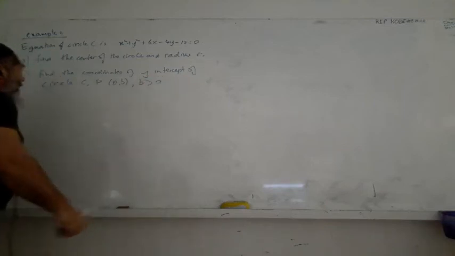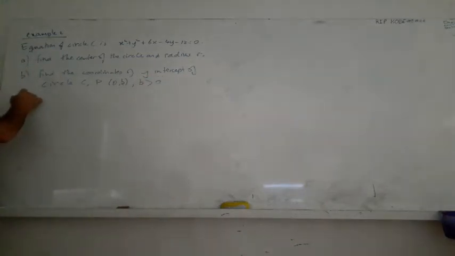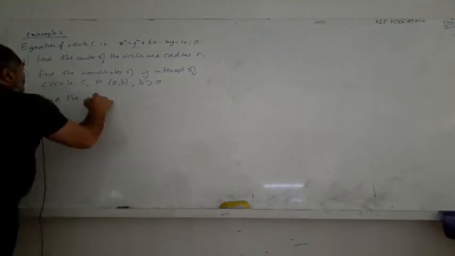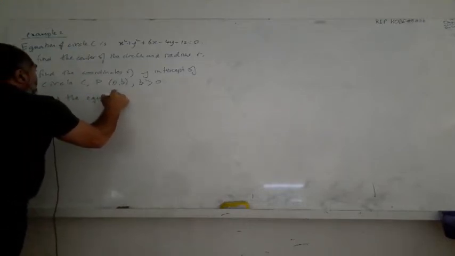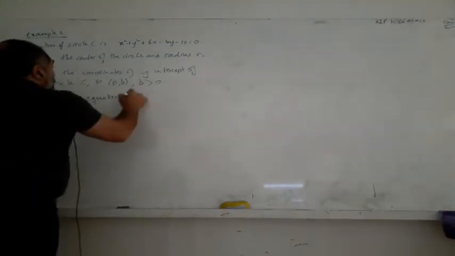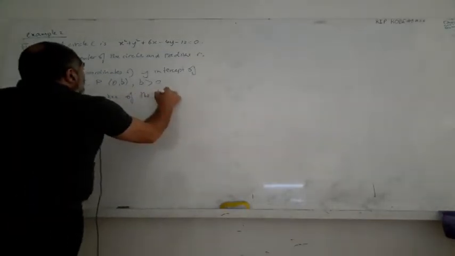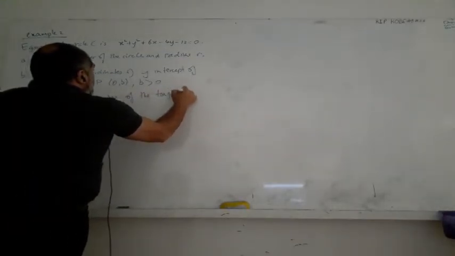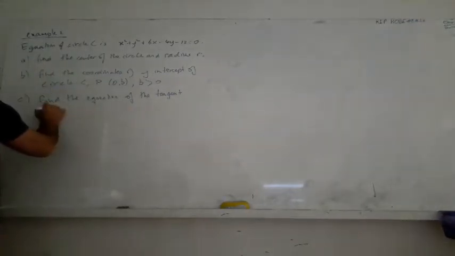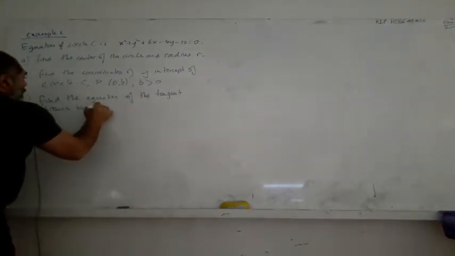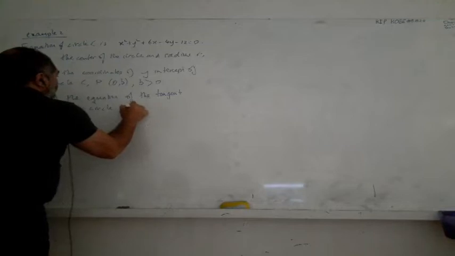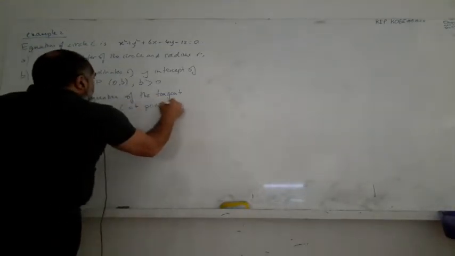And find the equation of the tangent drawn to circle C at point P. Now,